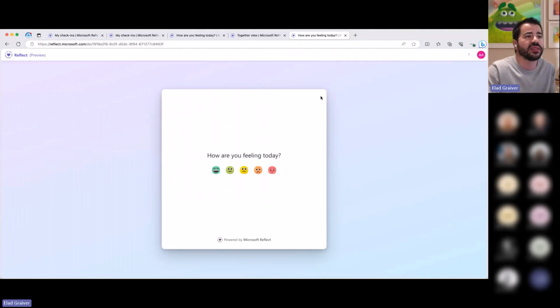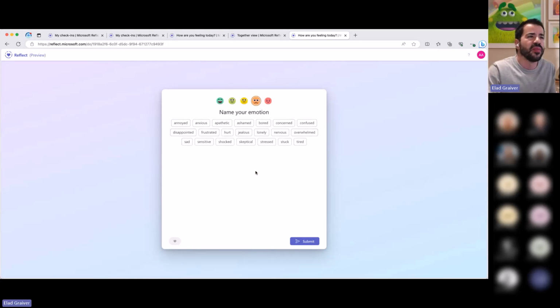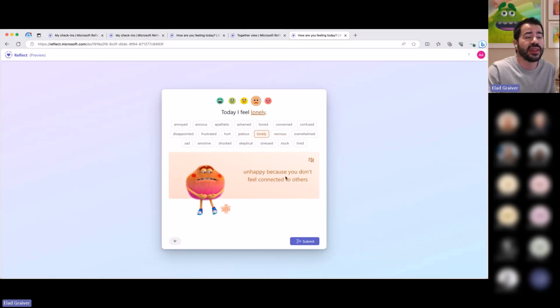just to show you how this responder experience looks like. So I connected with my user. I can start by selecting how comfortable I feel today. Let's say that I'm feeling not so good. I select the emoji and then I see a gallery of research-based emotions that I can choose from. For each emotion, I can read a friendly definition. I can also listen to that emotion from an actress who reads the emotion and the definition as she feels that emotion. So it's a really nice way to create an inclusive solution